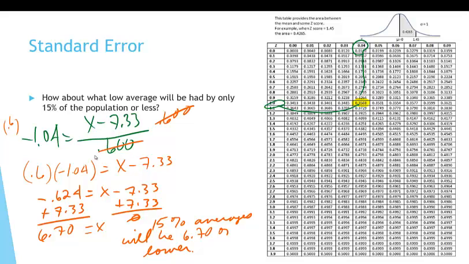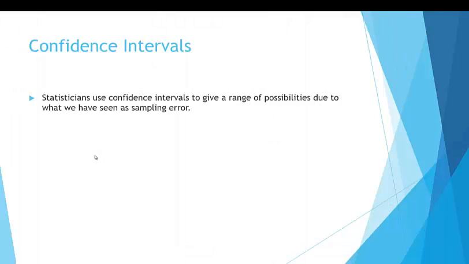So now the question is, how confident are we that this is accurate? How confident am I that 15% of my scores will be 6.7 or lower? And this is the last piece here. We're still going to stick to our normal curve a little bit, but this is what we call confidence intervals. And statisticians use confidence intervals to give a range of possibilities due to the fact that we know we have sampling